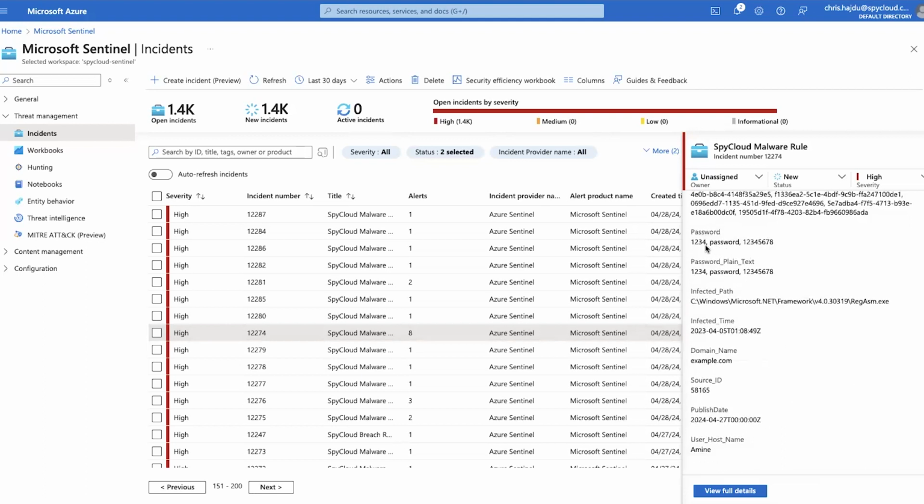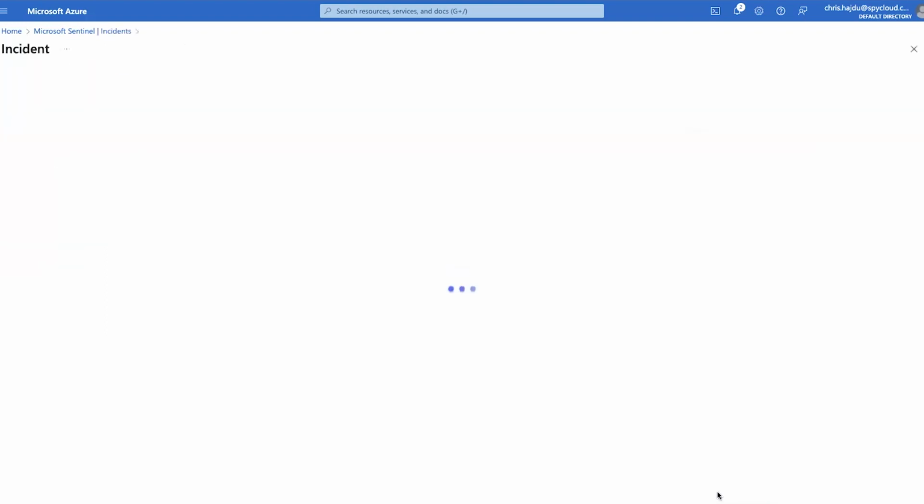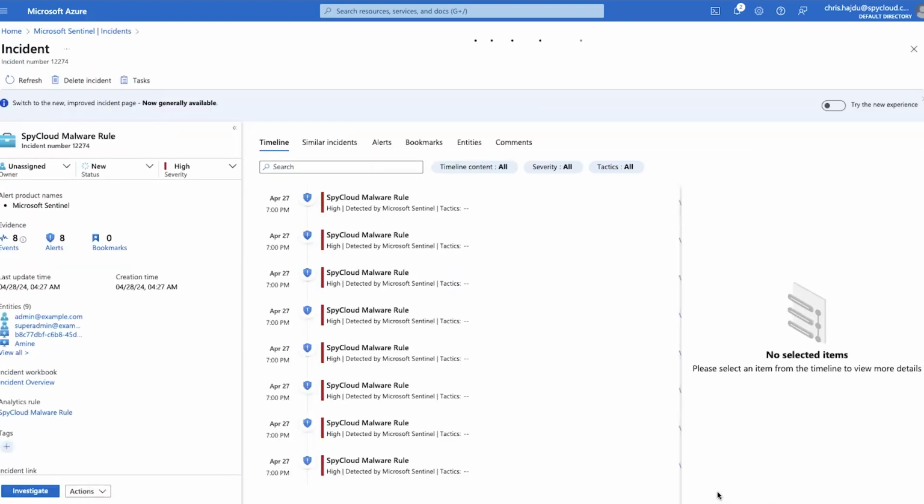And what this will show is also password reuse patterns. So in this case, we're seeing the same 3 passwords in use across 8 separate records, meaning that there is password reuse occurring with this user. We'll also see information on the source ID, domains, published dates, and other things associated with that record, including infected time. If we want to see more details on the malware record, we can click View Full Details,